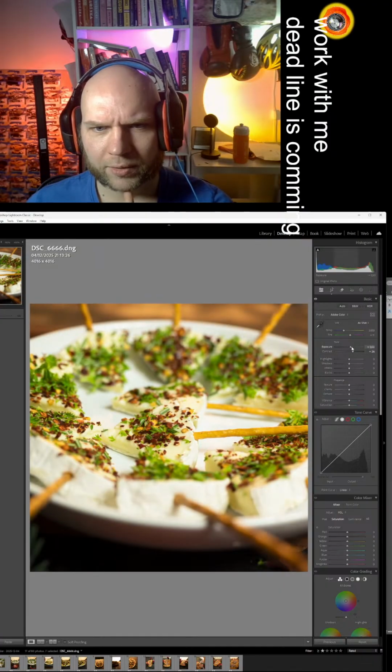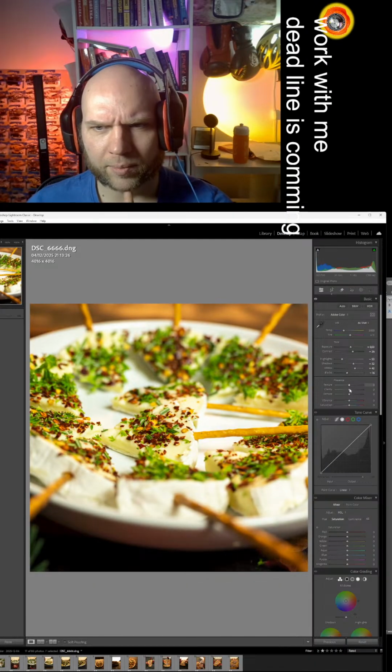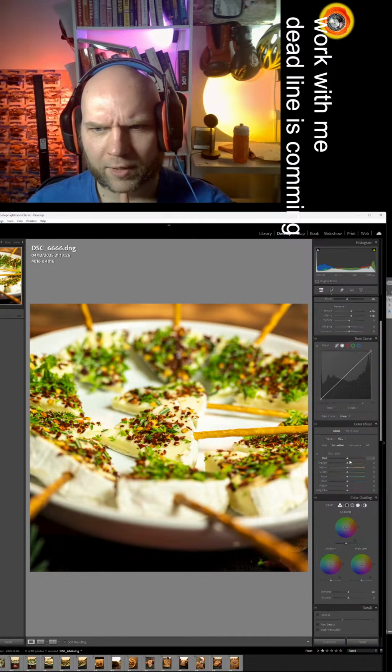More contrast, a little bit lighter. More white colors. Reduce the black a little bit. Over here we can add some clarity and texture. Vibrance is not necessary, it's colorful enough.